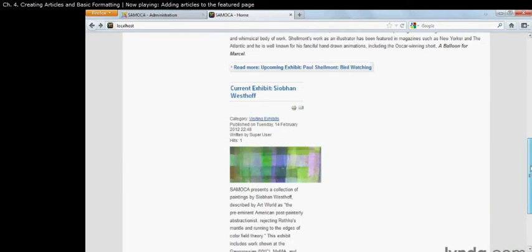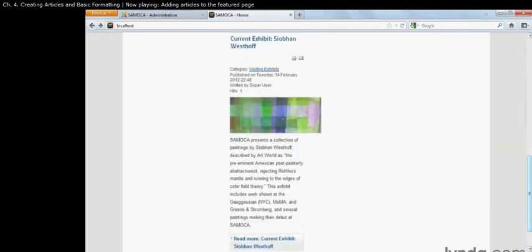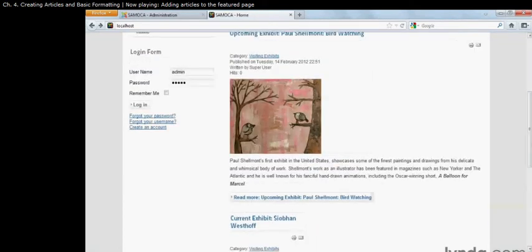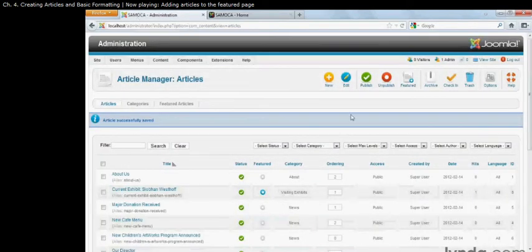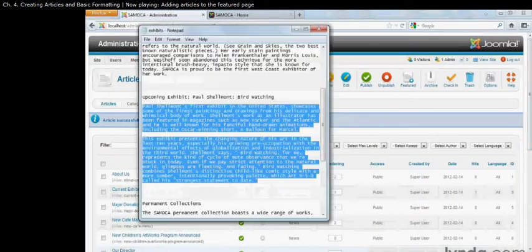And yes, you are absolutely right. The current exhibit article is kind of smushed up and skinny, and the upcoming exhibit article is kind of broad and goes all the way across the page, and you want the current exhibit listed before the upcoming exhibit. Gotcha. We're going to cover all of that in some later videos. But for right now, just be okay with what's here. We're getting there. Okay, so now we've got those 2 items in place, and we have 2 more articles to